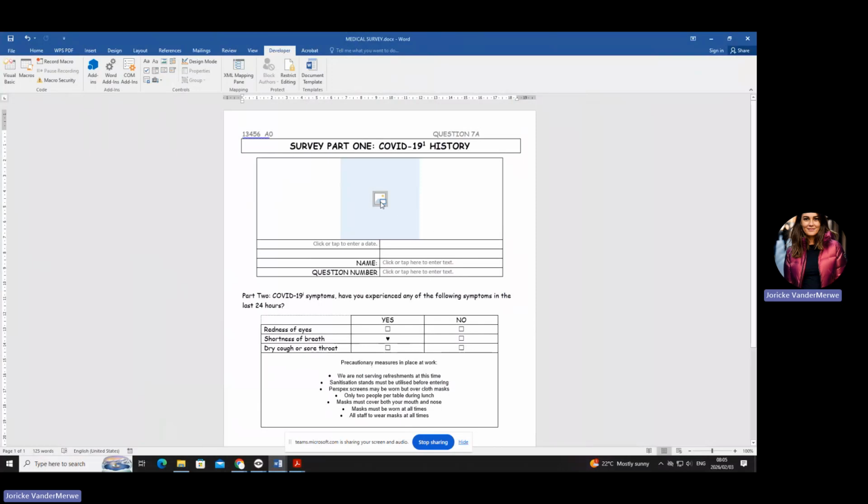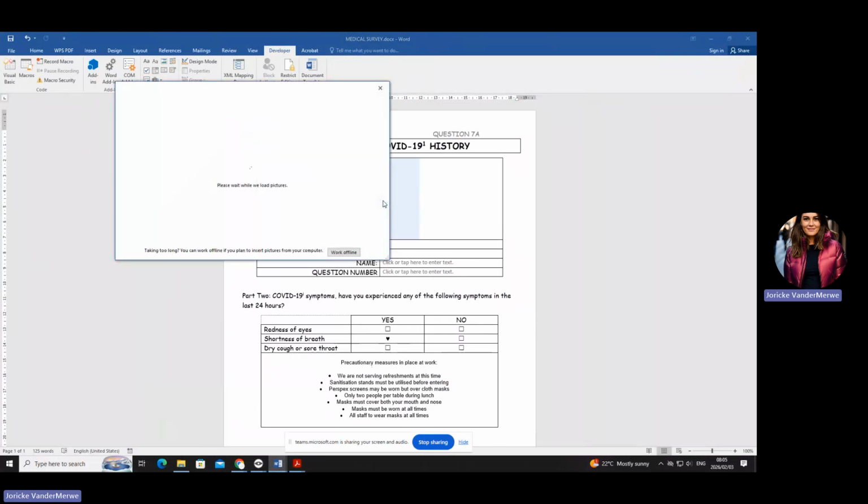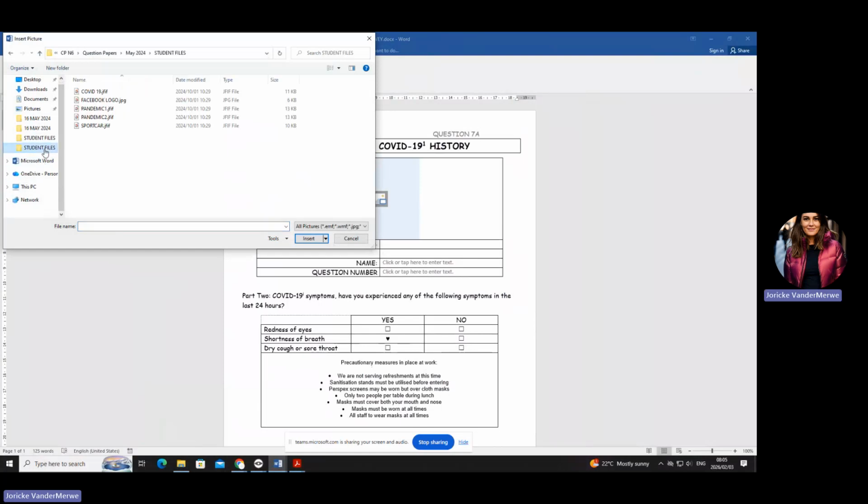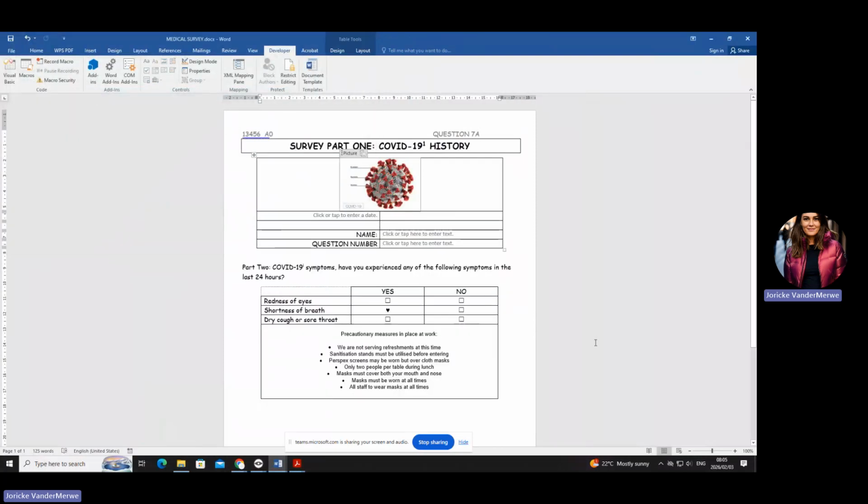So basically, and I see some of you already done that, you have to click on that picture. You're obviously going to work from a file because it's not the internet. And then it should actually open up here for you. And then they say, please use the COVID-19, which is that one.